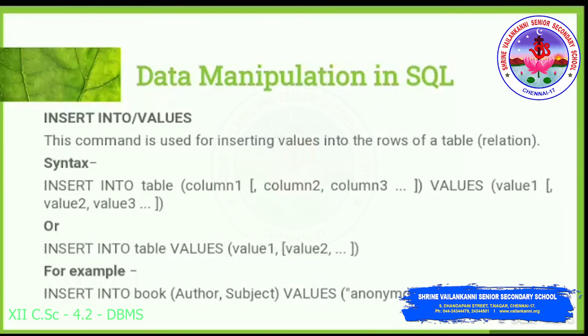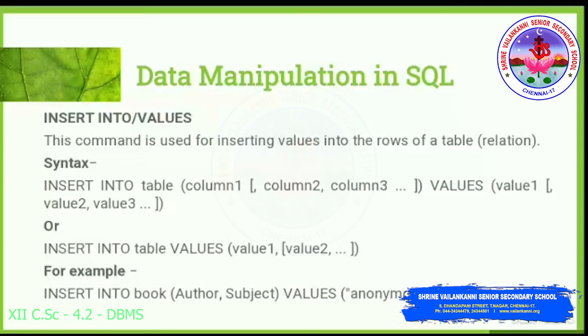Insert into values. Here we are going to insert values into a table or a relation. Syntax is insert into table, column 1, column 2, etc., values, value 1, value 2, value 3, etc., according to the create table. We can also define the same with a different syntax: insert into table values value 1, value 2.